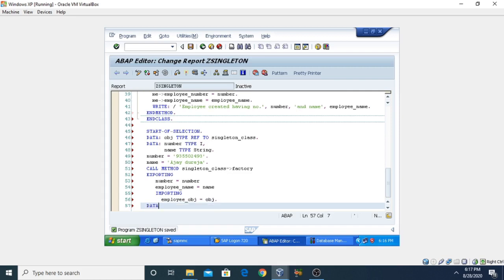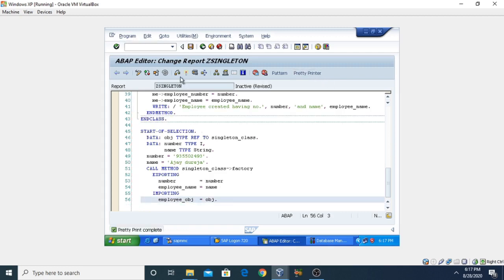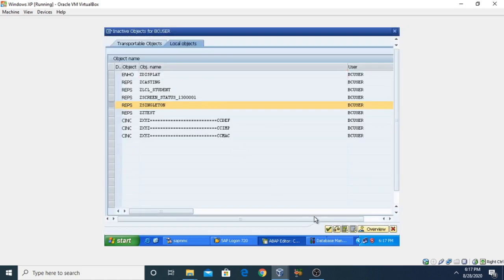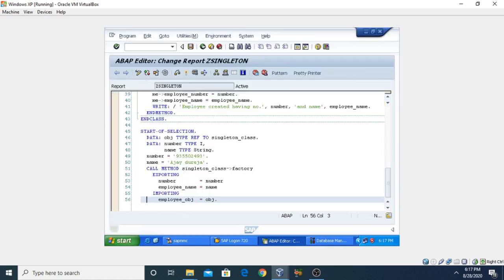Now we can take another example. Before we proceed, first of all I am going to compile it. Use the pretty printer, and no syntax error is found. Now we are going to activate it. Now execute it.